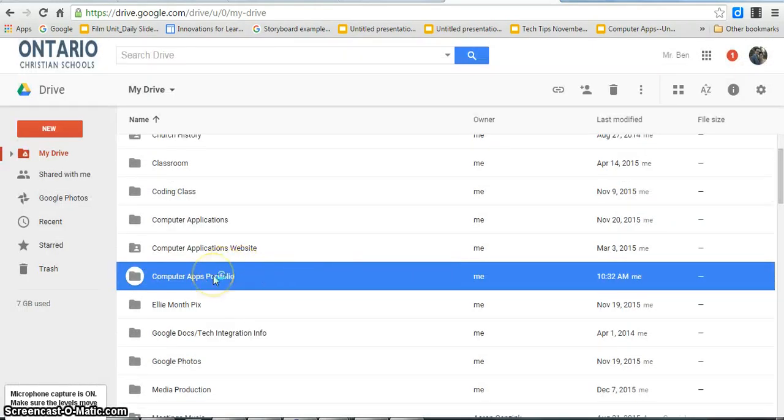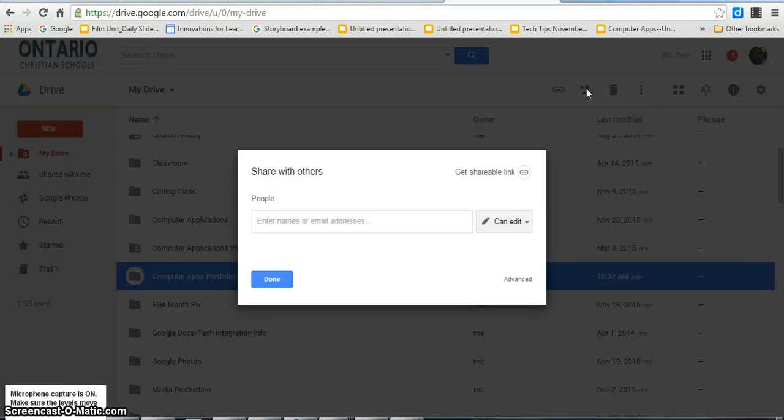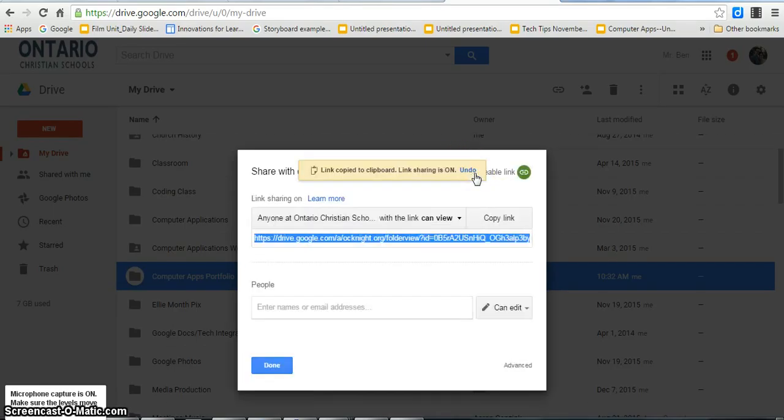All right, then your folder should be highlighted right here. And what you're going to do is click on the Person Plus button here at the top of your drive, because we're going to change the permissions, which I want to caution you, we're not going to make this so the world can see it by Google searching your name. We are going to click on the Get Shareable Link button,